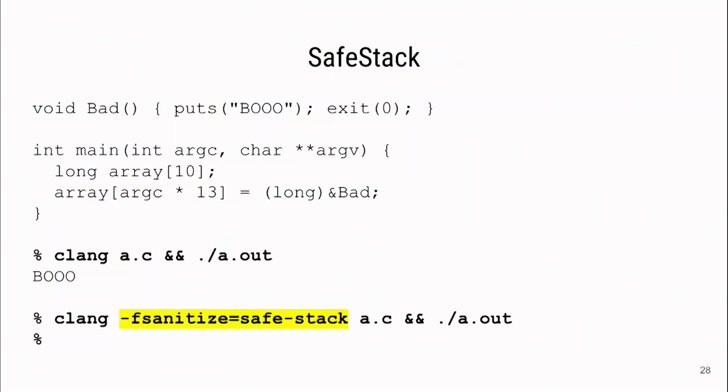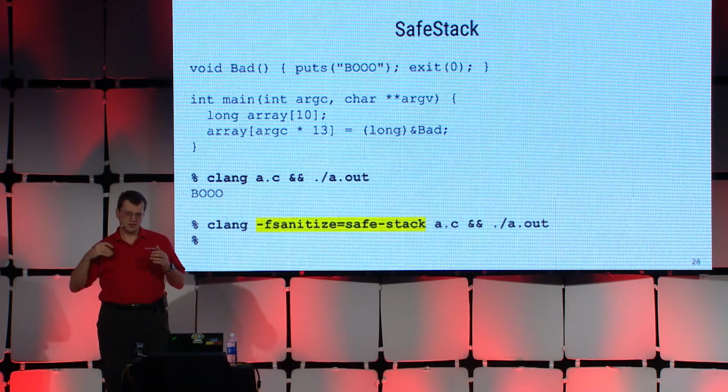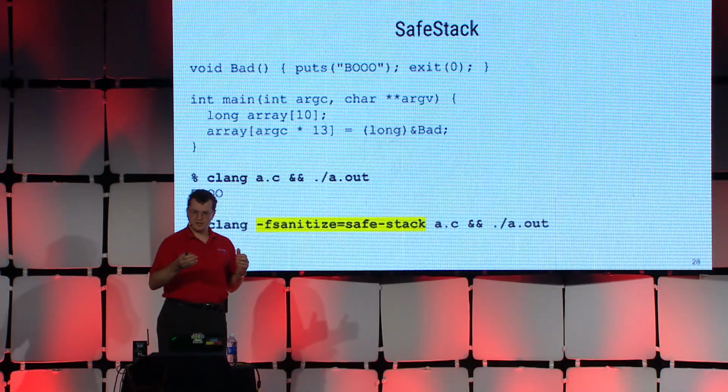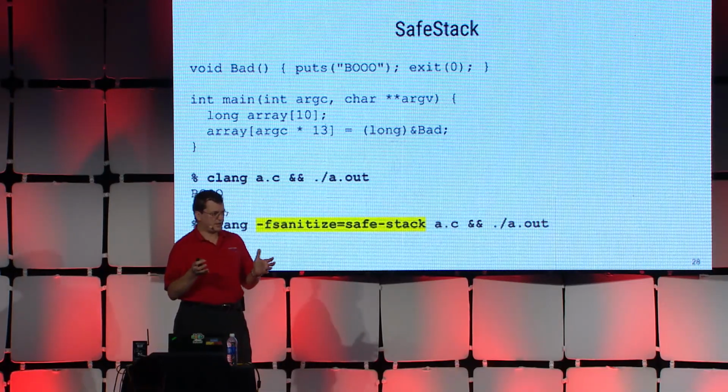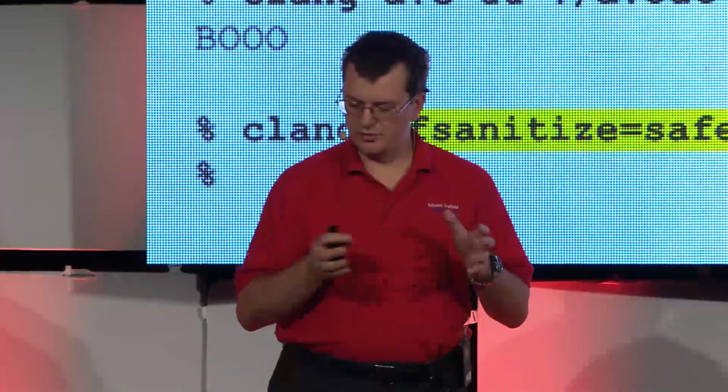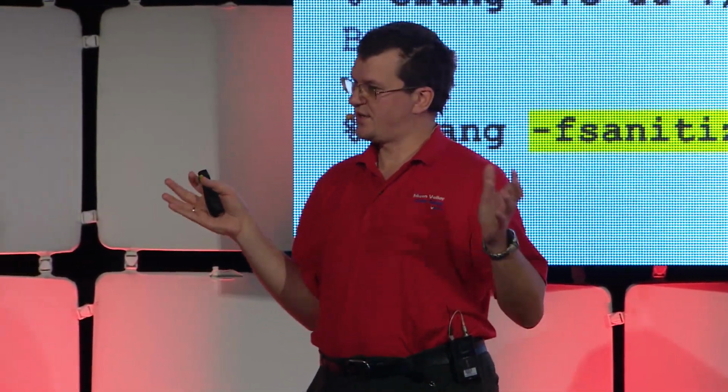This kind of mitigation is even simpler. And so the example is even simpler. Suppose you have a buffer on stack, and there is an overflow that may corrupt data behind the buffer. And so it happens that if you compute the offset correctly, you will corrupt the return address. And instead of returning to the caller, you will execute the code that the bad guys want you to execute. So if you compile in the regular way, this will happen. If you compile with fsanitize=safe-stack, nothing will happen.